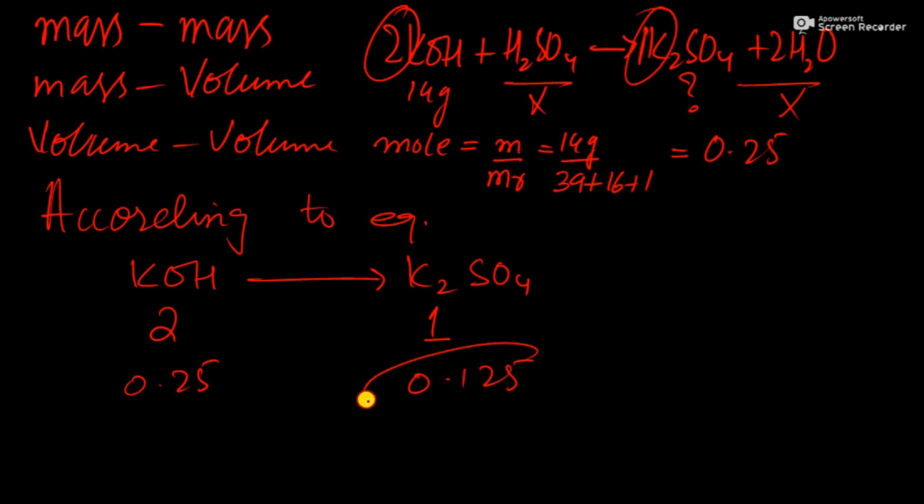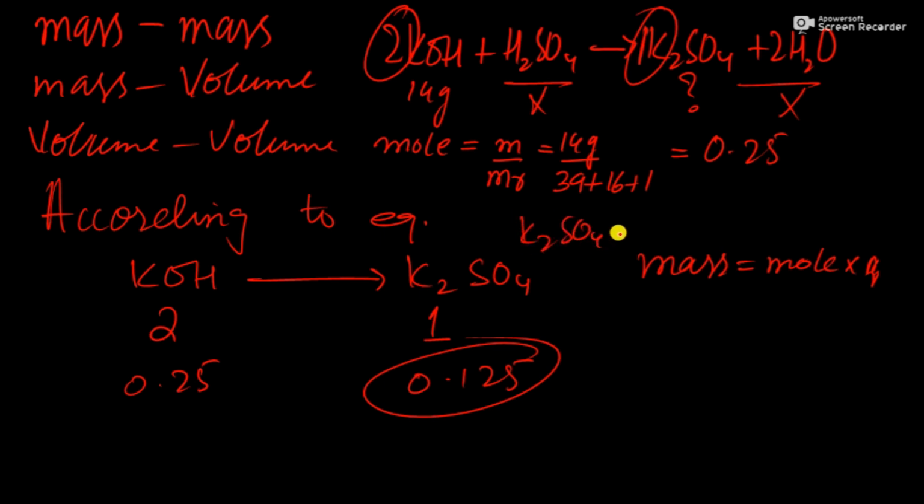Okay, and we know that. How can we find out the mass? It is moles times molar mass, Mr. So first of all, we have to find the Mr of potassium sulfate. Potassium is 39 times 2, sulfur is 32, oxygen is 16 times 4. So it will give you 174,